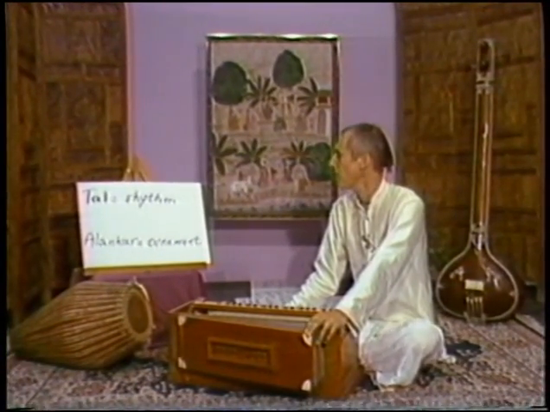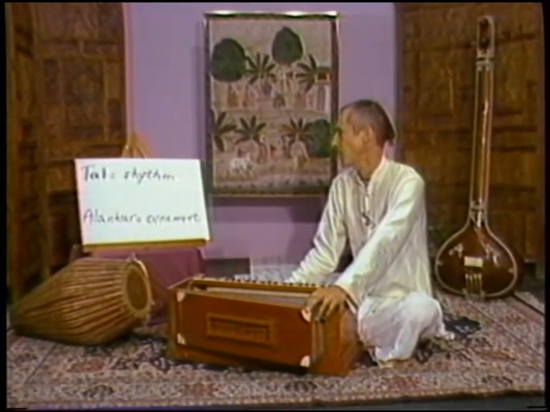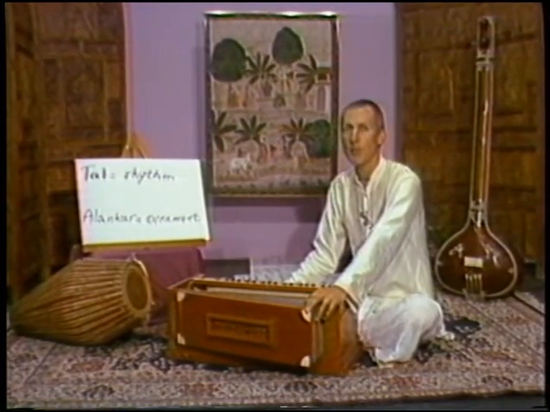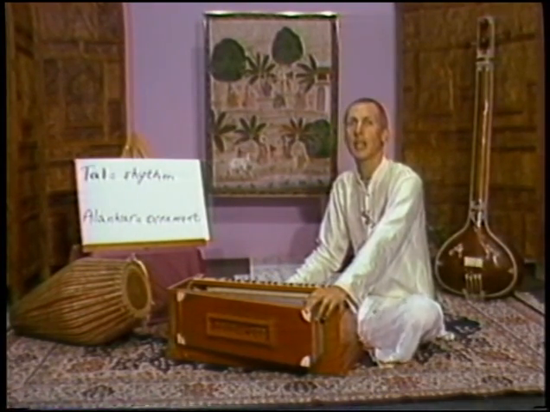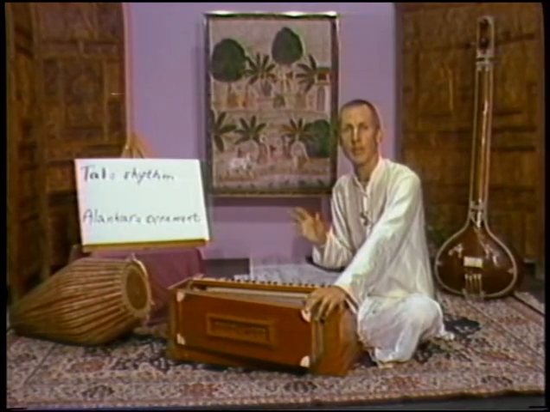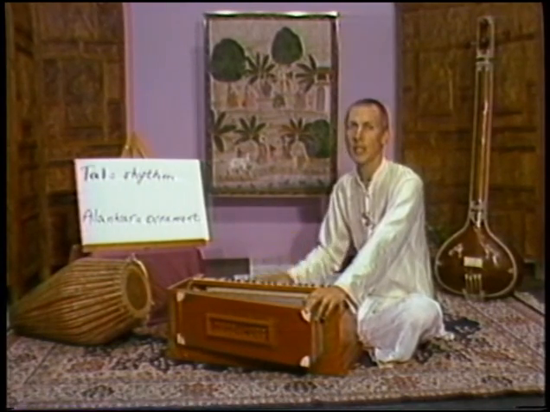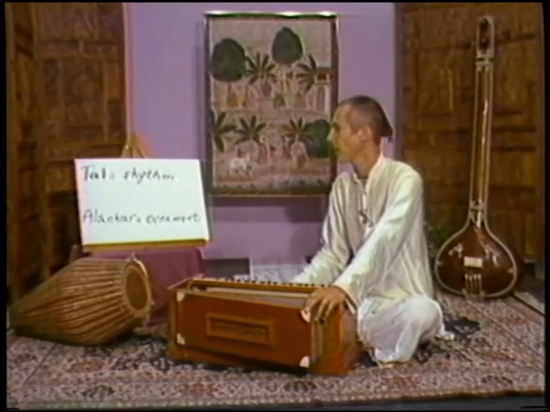Tal, which is rhythm, and alankar, which means ornament or embellishment. Rhythm is very important because we have to learn to play in time so that we can play with other instruments. And also the alankar is very important because through the alankars we learn how to make the music very musical. All of the melodies that we know are made up of the alankars, so when we learn the alankars it'll be very, very easy to pick up any melody at will.